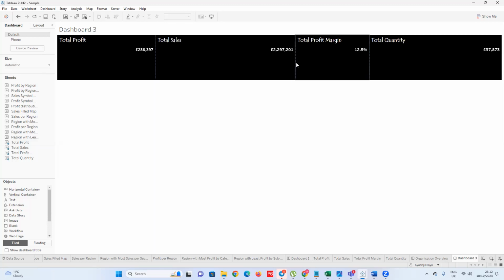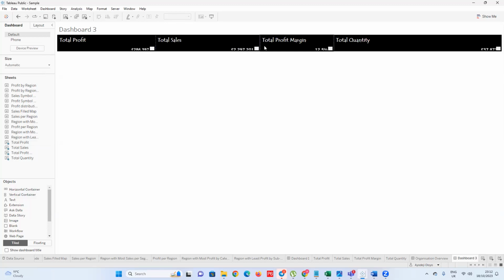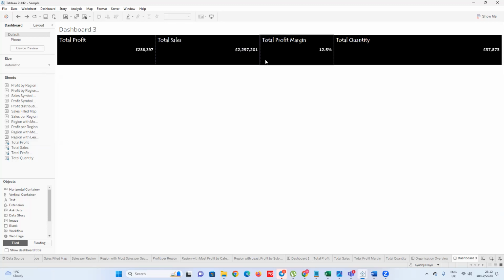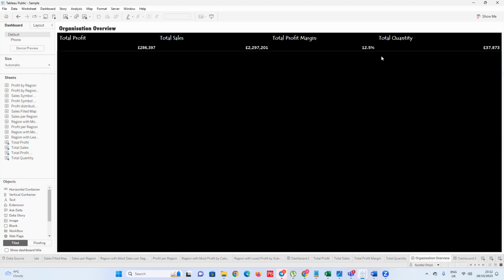So that's what I did in the earlier one. I just fit them to their width and I adjusted it. So I'm adjusting it. So this is how you do the building of your dashboard, just like what I've done here in the first one. Because I put a horizontal container here,